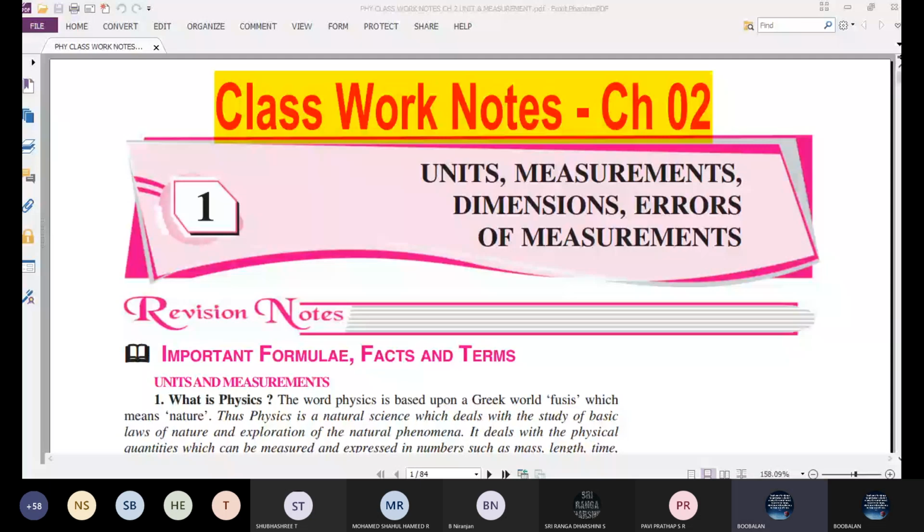A very basic thing: all the formulas. You should remember all the formulas, error analysis, dimension analysis, and unit conversion formulas, all the formulas first. Okay, if everyone knows the formulas, we go for the next one.